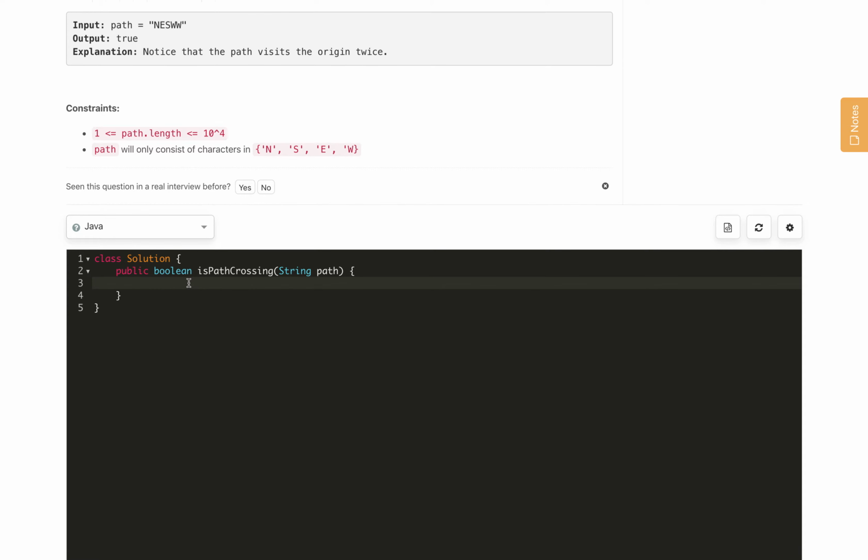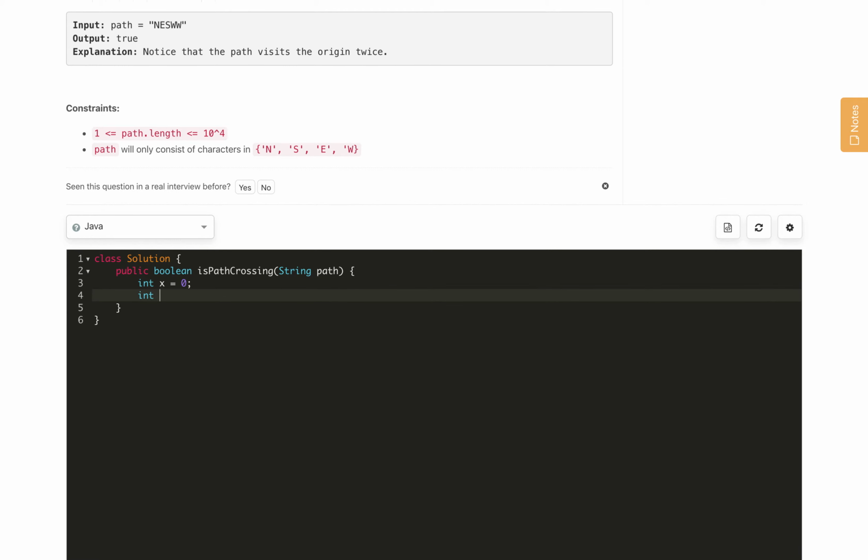So for the implementation, we will create two variables, int x equals 0 and int y equals 0, and then we will create a set of string data type, new HashSet.